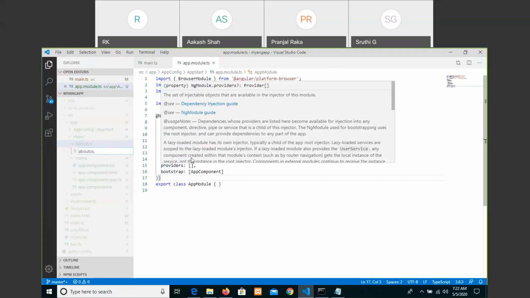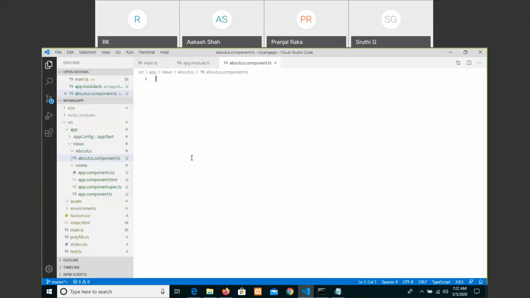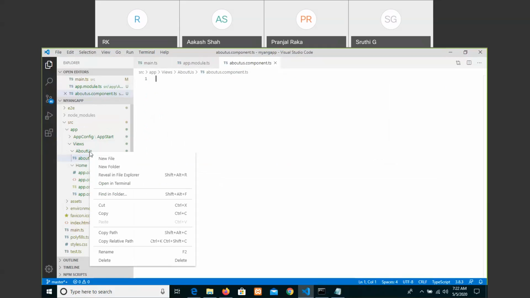About us is the name of that component, and it is a component.ts. As we have discussed, it should have a minimum of a ts file, html file, and css file.